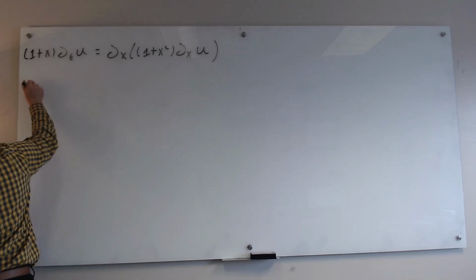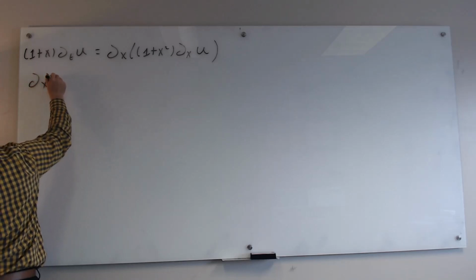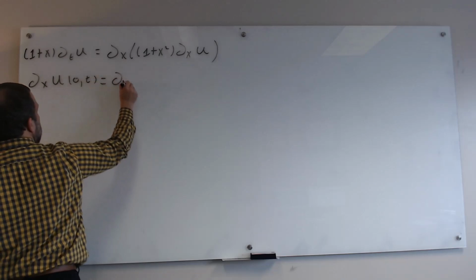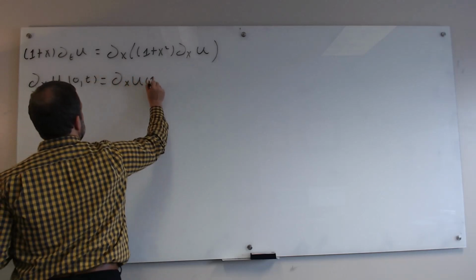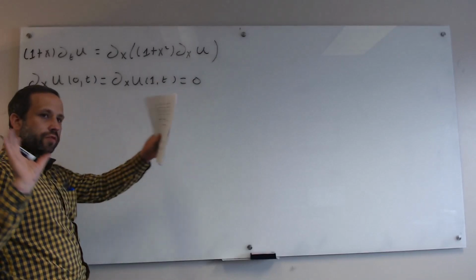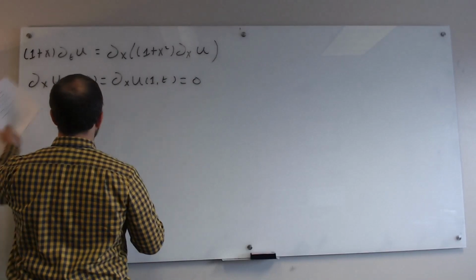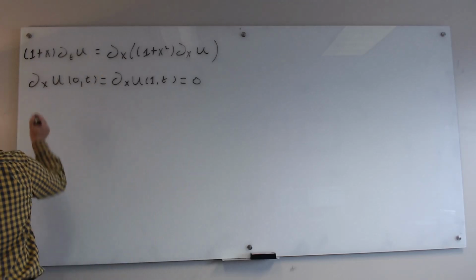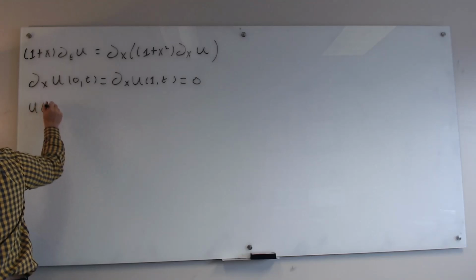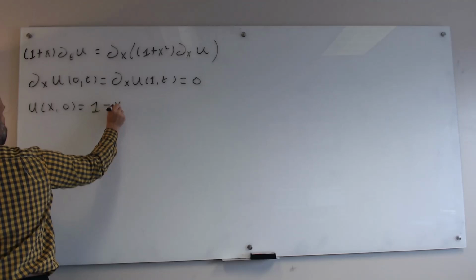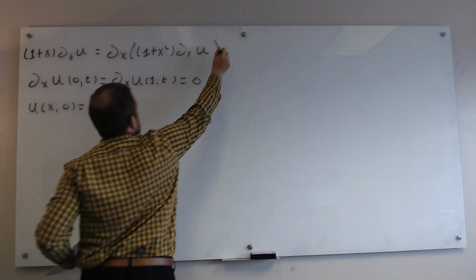And then we're going to give this Neumann condition, so the x derivative at 0 is equal to the x derivative at 1, and they're both equal to 0. So this corresponds to where the ends of the rod are insulated if we're thinking about this modeling temperature in a rod. And then this initial condition, u of x, 0 equals 1 minus x squared. Okay, so now